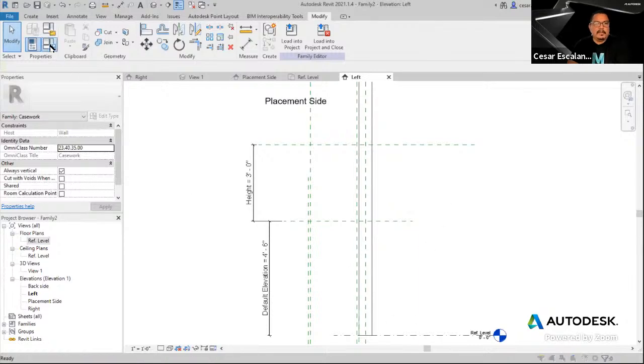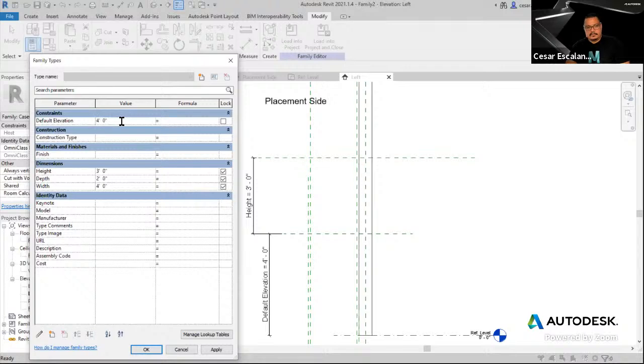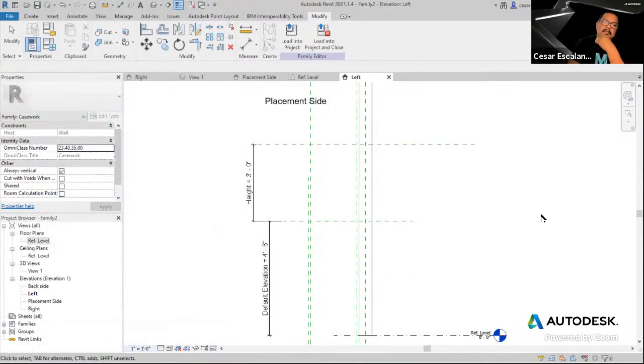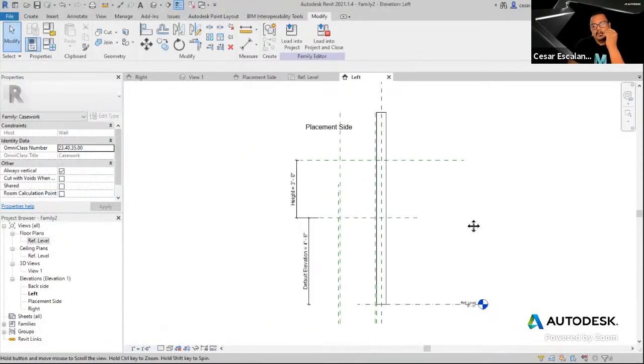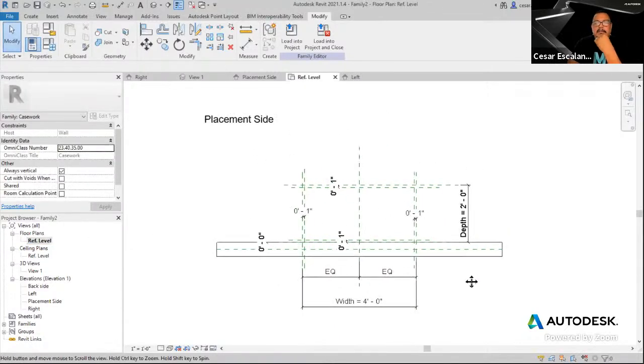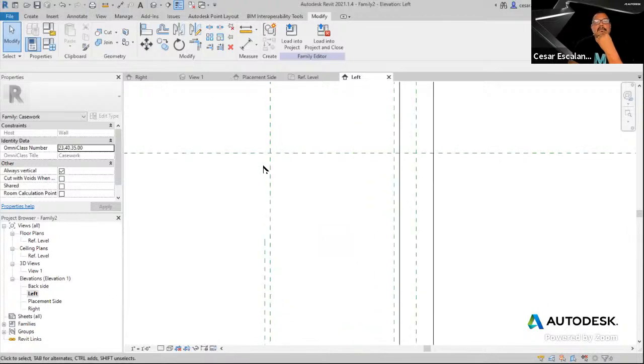And let's flex it very quickly. So if I change the default elevation to 4, notice how the height is dragged down. But I'm going to leave this to 4.6, the full cabinet, wall cabinet height. And then the height is going to be 3 feet. Okay, so I think we have the framework here. Yeah, on the left side, I also need to add the thickness of the